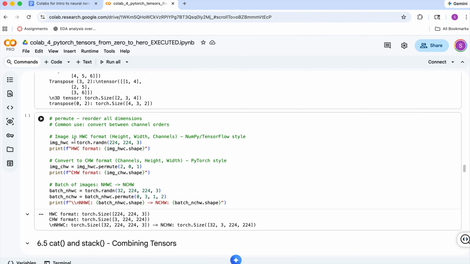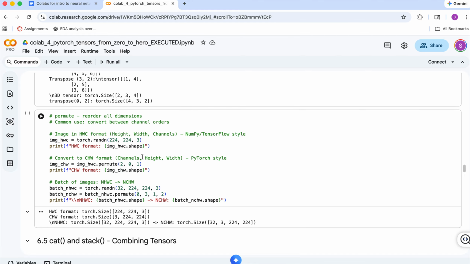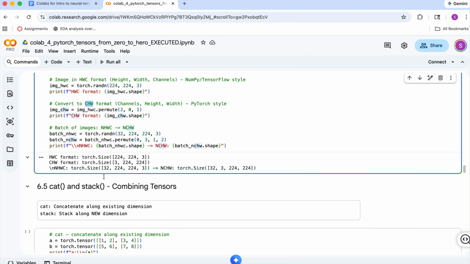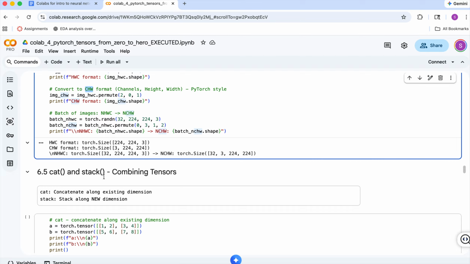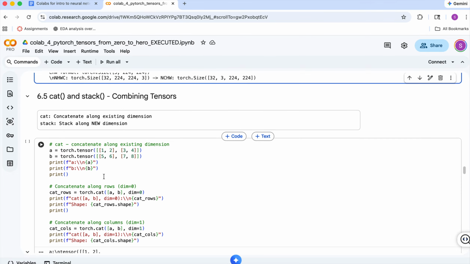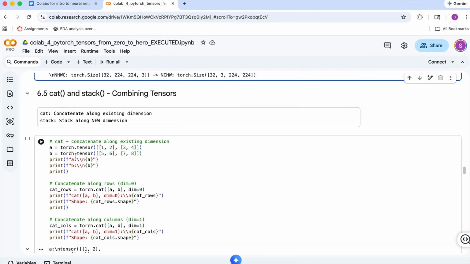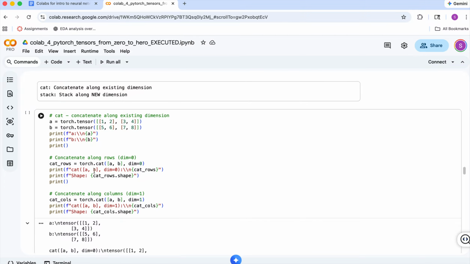This cell reorders all the dimensions of a tensor using permute. A common use case is converting image data from NumPy HWC format to PyTorch CHW format for processing in convolutional networks. torch.cat concatenates tensors. In this cell, I concatenate two tensors along row using dimension equal to 0 and column